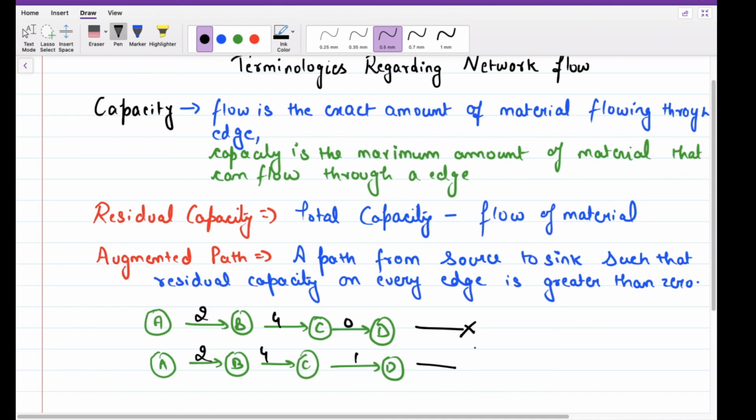So I hope the concept of these basic terminologies is clear to you all, and I hope the concept of how the maximum flow for any augmented path